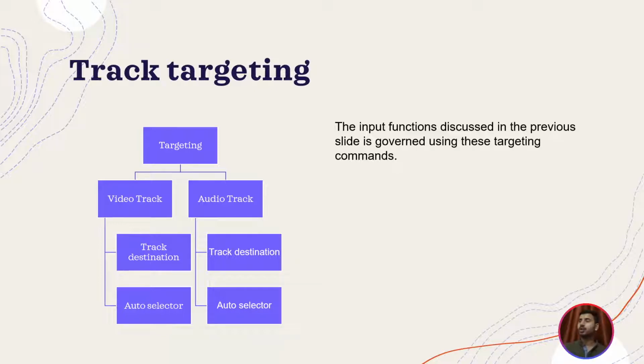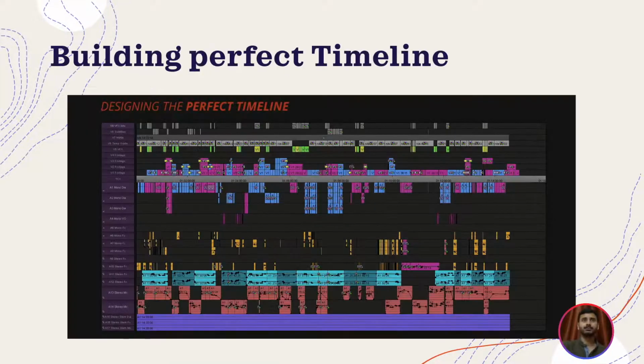All the editing, you do a ripple edit. What all clips will be moved or affected by that ripple edit is controlled by the auto selector button. You enable all those tracks where you want the ripple edit to affect, and that will be enabled or disabled by auto selector. When you're bringing in a clip, will it stay on top of some clip? Will it override something? That will be selected or deselected by the track destination button. Okay, moving on.